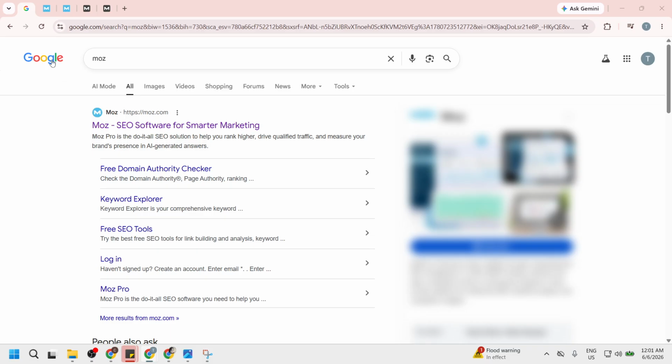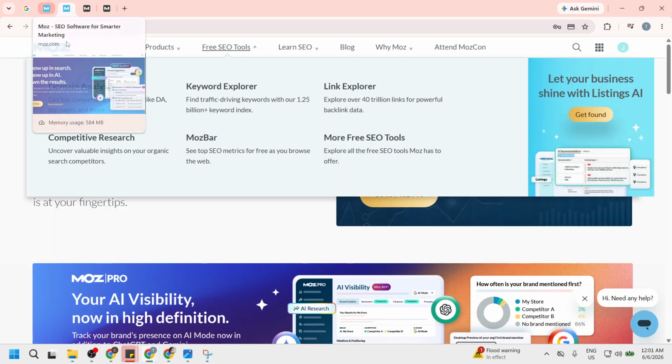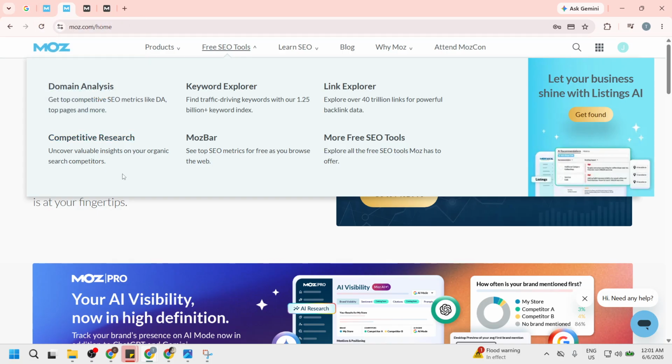If Moz prompts you to log in, go ahead and log into your account. Depending on your browser session, you may already be signed in, so this step might happen automatically. If you are prompted, just complete the login process so you can access the tool without interruptions. It's always a good idea to make sure you're on the official Moz website before entering any account details.